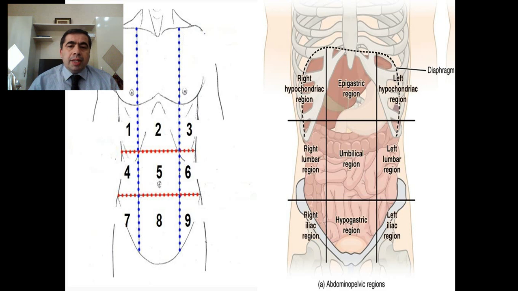And again, to these regions, we are looking at the planes, two vertical and two horizontal planes, which I explained slightly before. The epigastric region is actually divided into the proper epigastric region, right hypochondriac, and left hypochondriac regions. The right and left hypochondriac regions surround the proper epigastric region. The middle floor, a very important part of this region, is the umbilical region, which corresponds to the umbilical ring. And you have to know